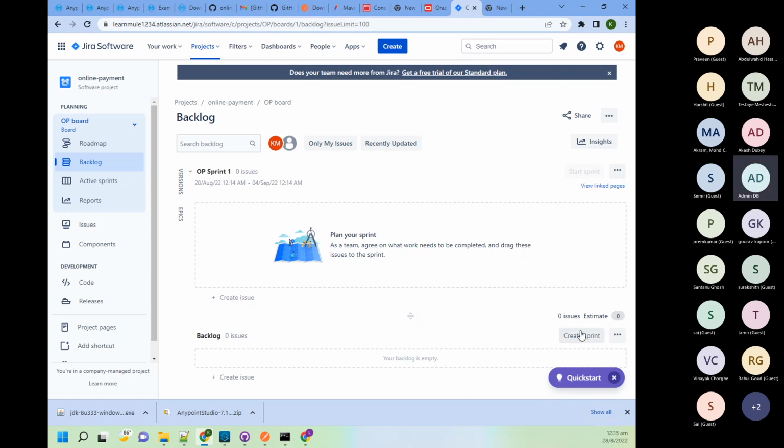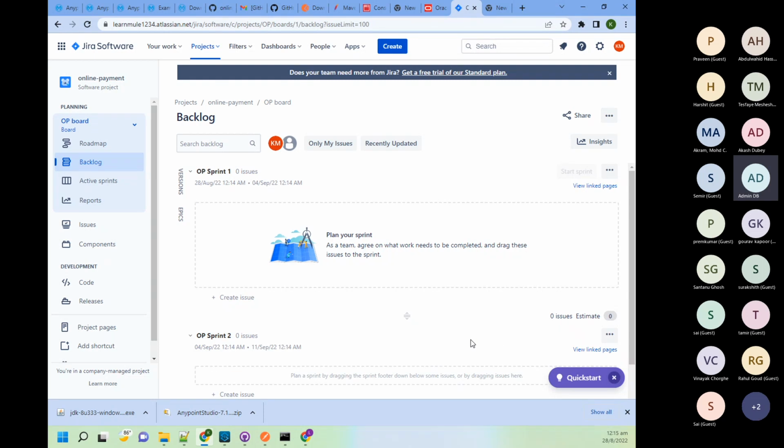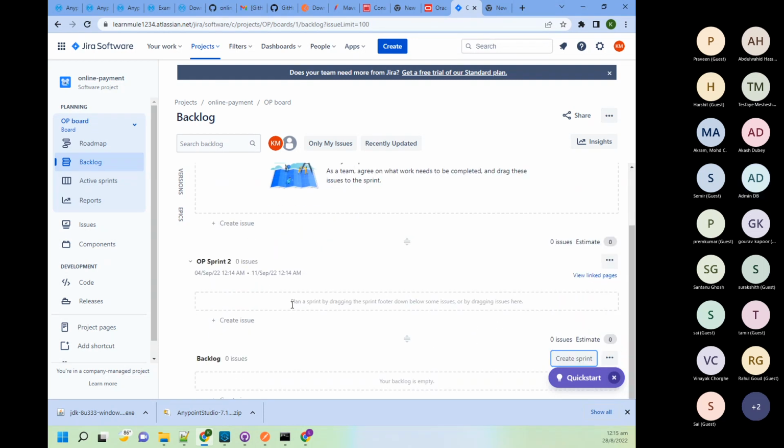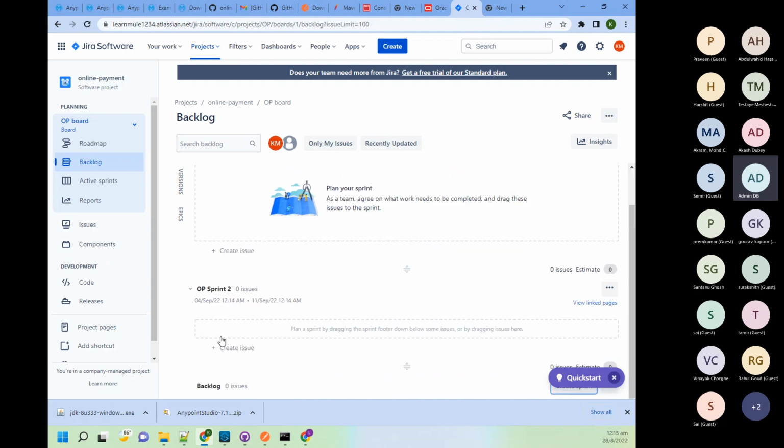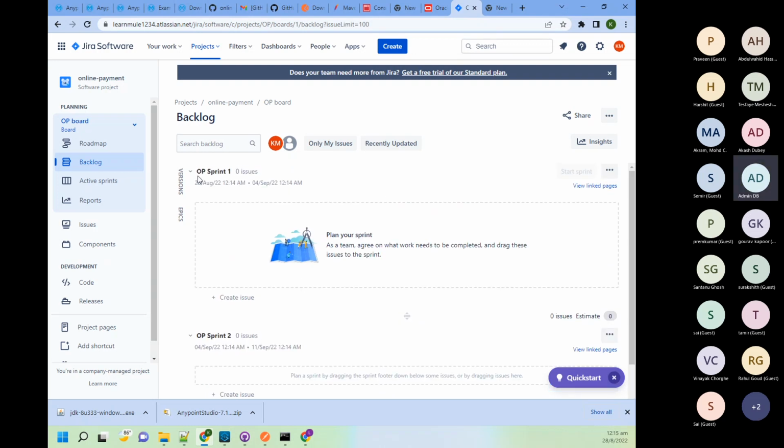Now we can create more sprints, since there will be multiple sprints for each release. Okay, for this automatically you can see it's taking 1 week. So whatever sprint you create, it will start taking 1 week from the next day. Okay. Now,